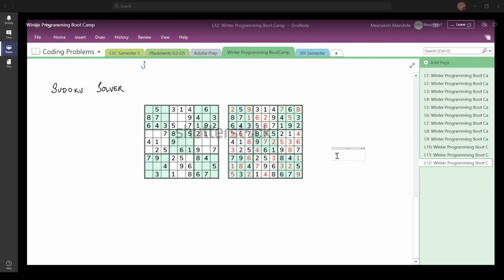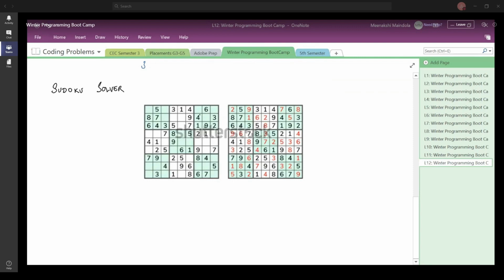Okay. So for all those who do not know what a Sudoku is and how it is solved, let us just move ahead and look at it. So the first thing here is that, we are going to talk about this in terms of the project as well. So we say that you will be given a 9 cross 9 grid. Okay. So we are considering a 9 cross 9 Sudoku, and we are going to understand how the input will be given to you and what output is expected.